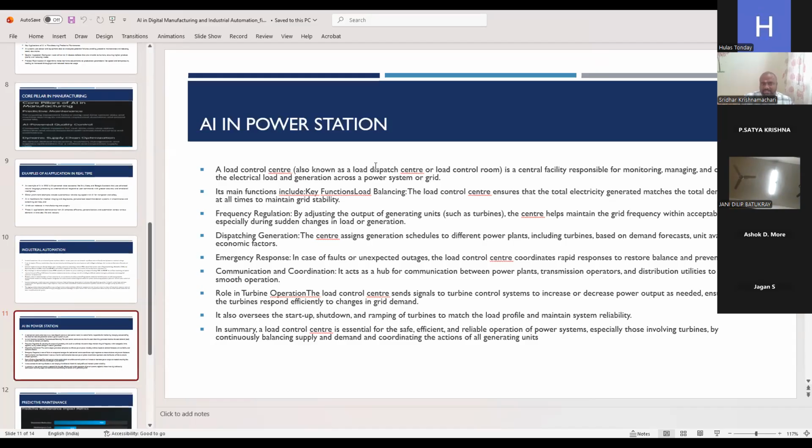So the advantage of a load control center is to monitor the loads across the different sections, and it will give the command to the generating station, based on feedback from the load, that you should generate this much.